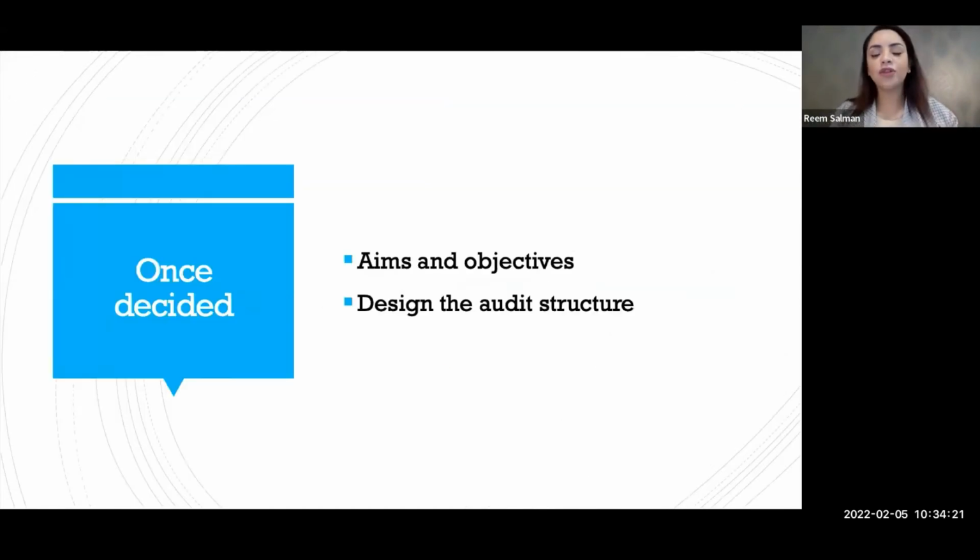Okay, so now you've done all this brainstorming, you've thought about the topic, you asked yourself all of these questions, and you decided with your clinical supervisor that this is a good audit and you want to do it. Now you put a topic and then you decide on your aims and objectives. It has to be very specific aims and objectives, because if you put very vague aims, it's going to be very hard to measure, and very hard to present as reliable data, or as a problem that can be changed afterwards.